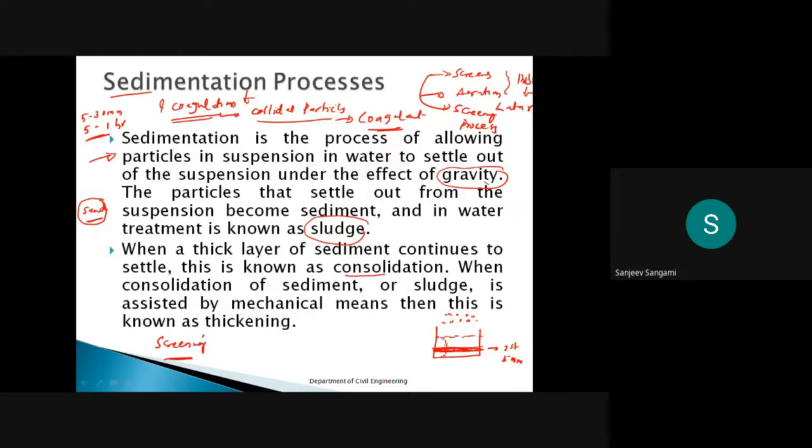Okay, and some more particles will settle after 5 minutes. Again, it will form one more layer. Then slowly what will happen is that after some time, the first layer and the second layer are going to come closer and it will start compressing. It will start compressing, or it will start consolidation. Consolidation in the sense